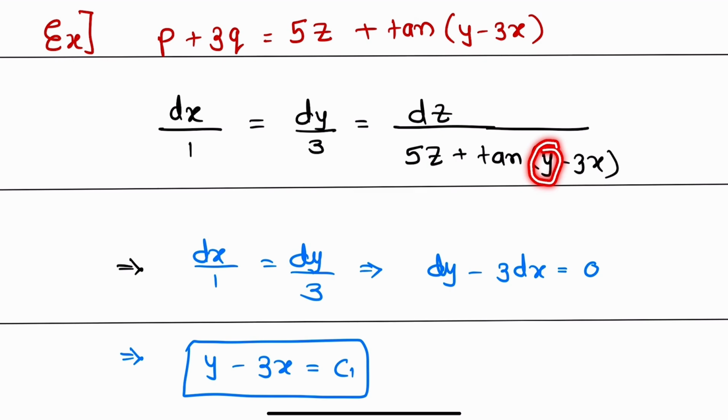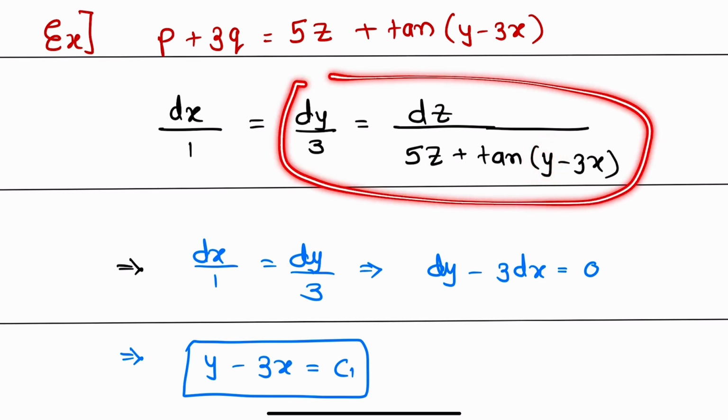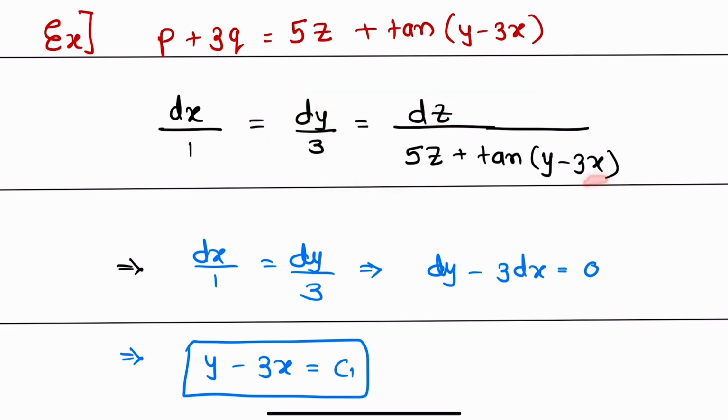But we will get y here, which we can't operate with. If we equate these two ratios, here we have dy, here we have dz. But again, we will here get x. Again, we can't operate. So in such cases, we will use the solution that we are getting, which is y minus 3x as c1. If I replace it here,